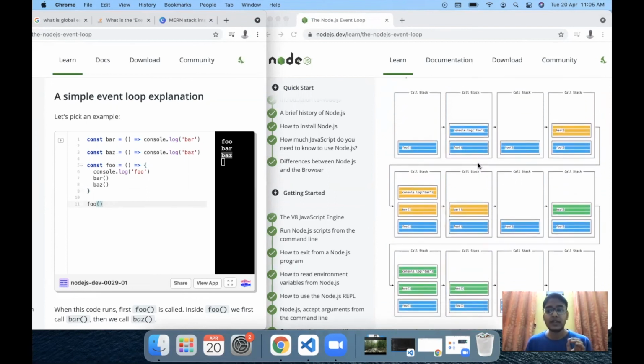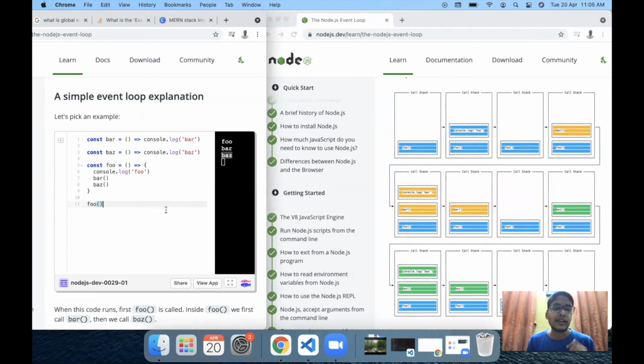Now to understand how fast this code is executing, let's take an example of cards. So let's say I have a green card here in my hand, and let's say this is a piece of code which is running in the call stack, and I'm going to showcase what milliseconds actually means. So let's say I give a flick to this card, and as you can see, this card changed from green to red in a fraction of a second, right? And that is how much milliseconds means in JavaScript. The code runs so fast that we are not even able to gauge where the green card went, and we are left with this red card. And that is how fast the call stack works in JavaScript.